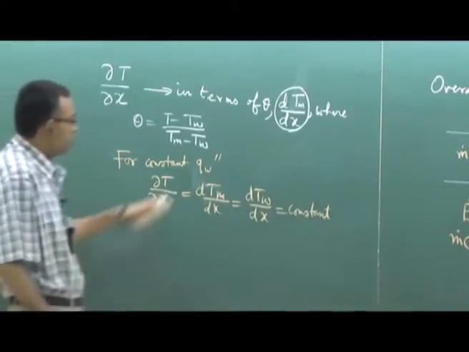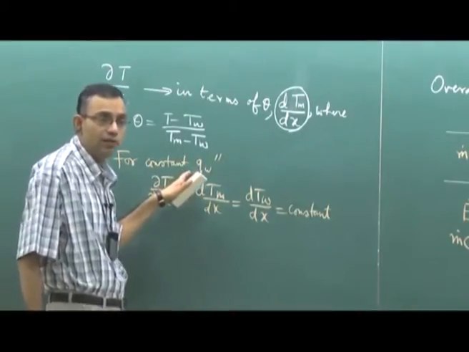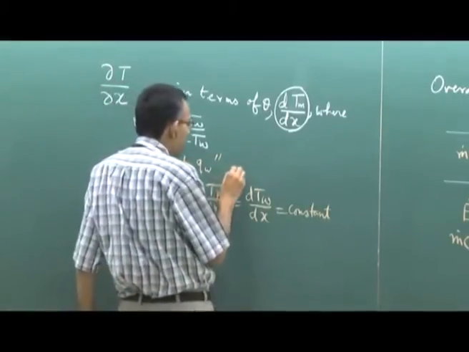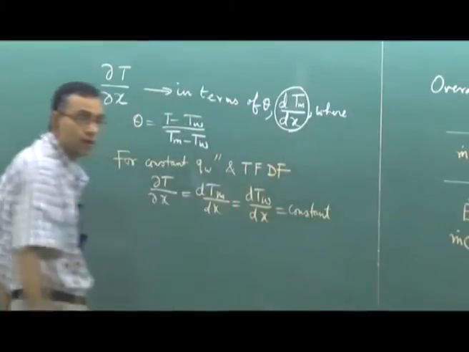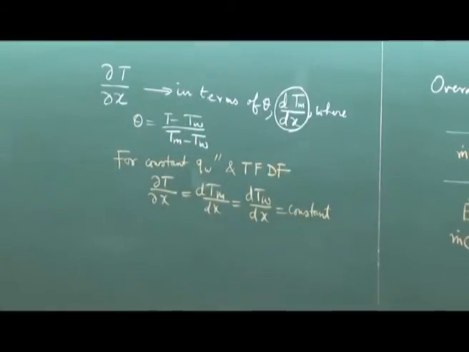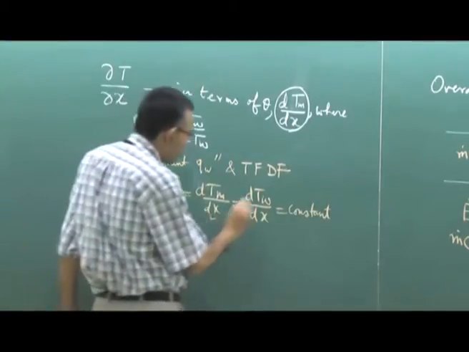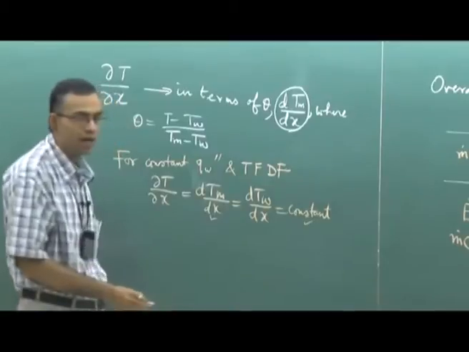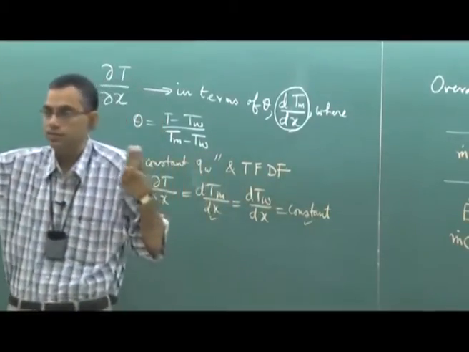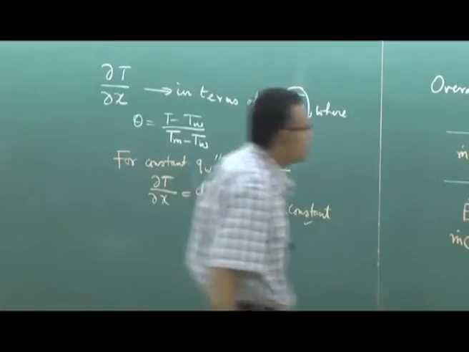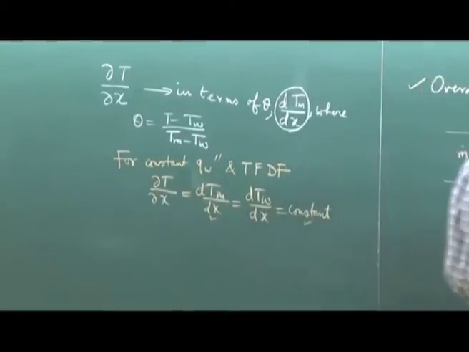But not for any general constant wall heat flux, for constant wall heat flux and thermally fully developed flow. So now we come to an inference that this is a constant for constant wall heat flux, not just in the thermally fully developed flow region but over the entire region, because this overall energy balance theory is very general, it does not take into account whether it is thermally fully developed or not.